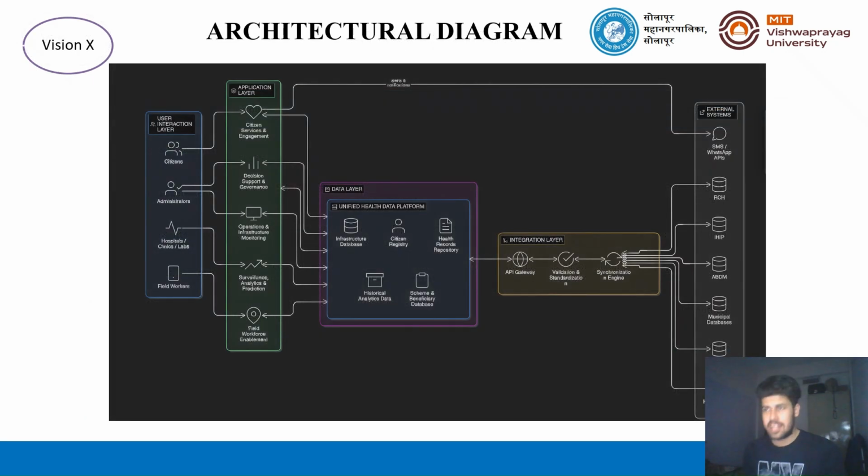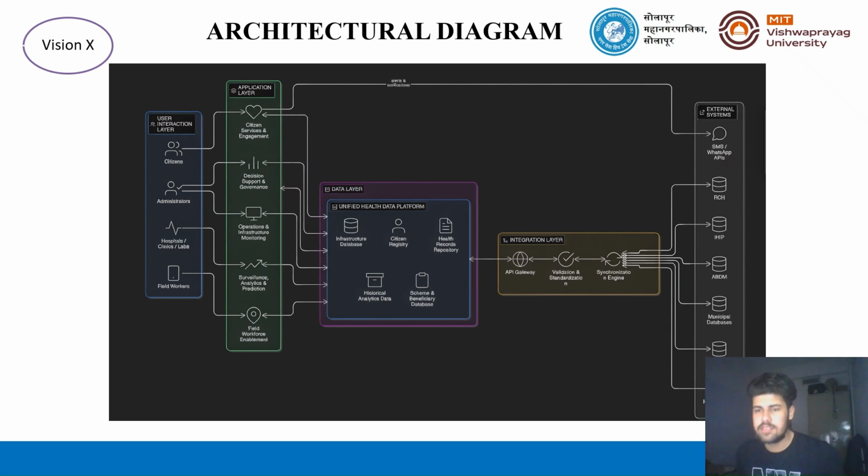So now moving on to the architectural diagram, here we have segregated it into five different blocks. First is the user interaction layer, where all users are involved: the citizens, the administrator, the hospital and lab staff, and the field workers. Then is the application layer, with citizen service, citizen engagement through community platforms, decision governance, operation infrastructure monitoring, surveillance, and field workforce enablement. Then the next part is the data layer, where all data gets accumulated. This is the infrastructure database, then there is the citizen registry, health records, historical analytics, and a scheme and